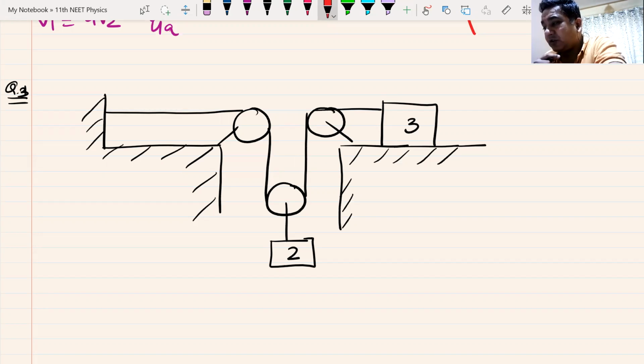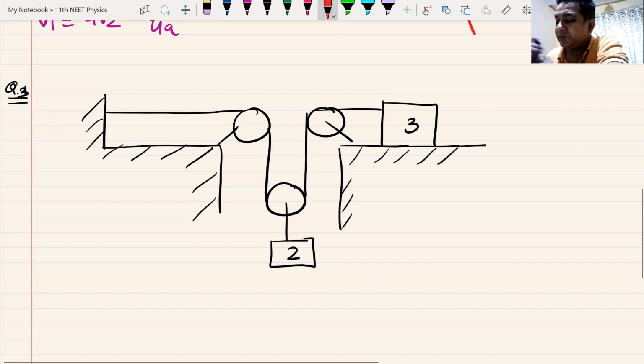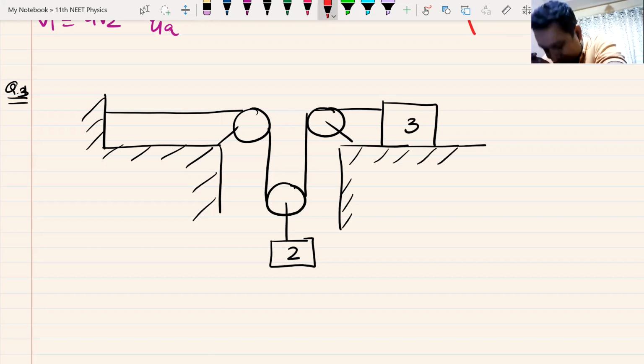Up. Niharika, what makes you think that it will go up? What is the force which is trying to move it up? How can this system move upwards? Am I applying a force here that is going to make the system move upwards? Give me a reason. Abhiram, what do you think? Will the system move upwards or downwards?